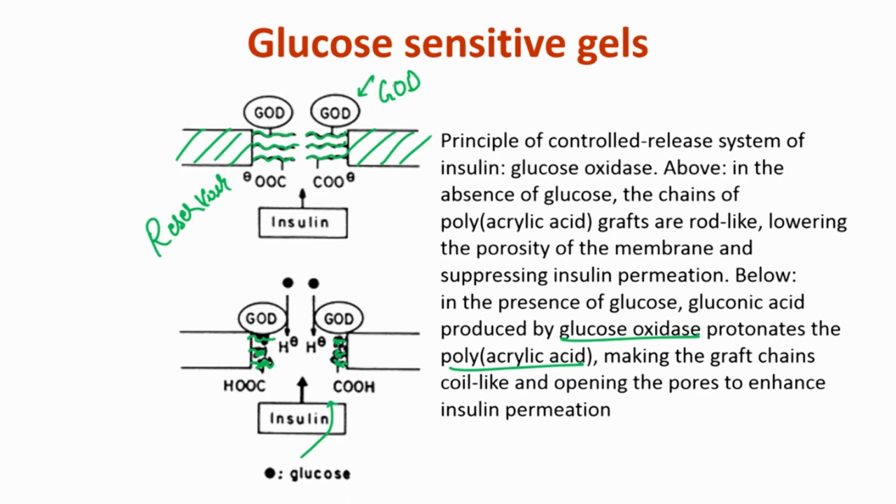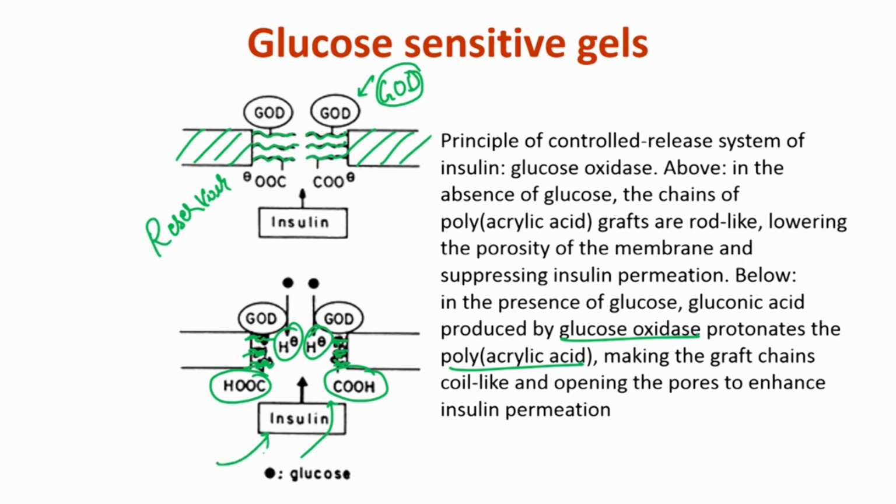So, why would the pH decrease locally? That is because this enzyme GOD, glucose oxidase, is there. So, what will happen is in presence of glucose, this glucose oxidase will produce these H plus ions, and as these H plus ions are produced, the local environment, the pH has reduced. Because the pH has reduced, you have now these polymers that have got protonated and they are no longer soluble, and as they are no longer soluble, they have just tried to avoid water and instead of being in an expanded form, they have shrunk and attached to the surface, and because of that now the insulin will come